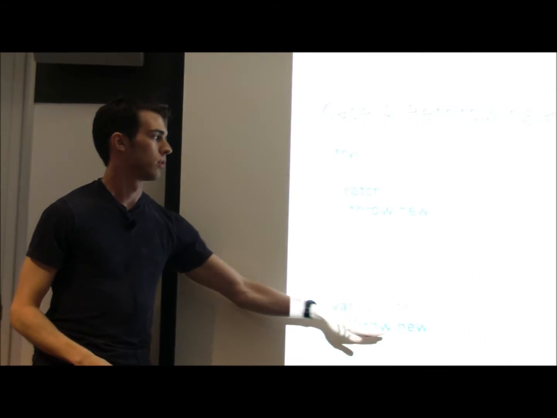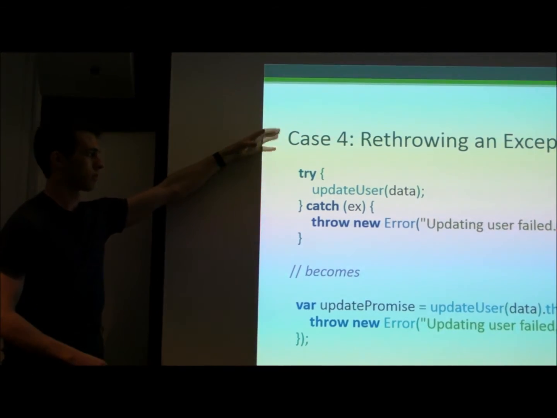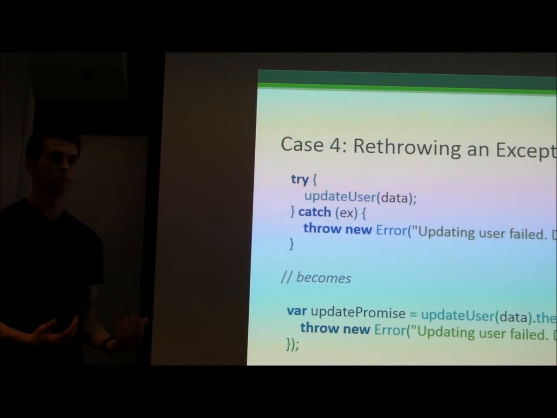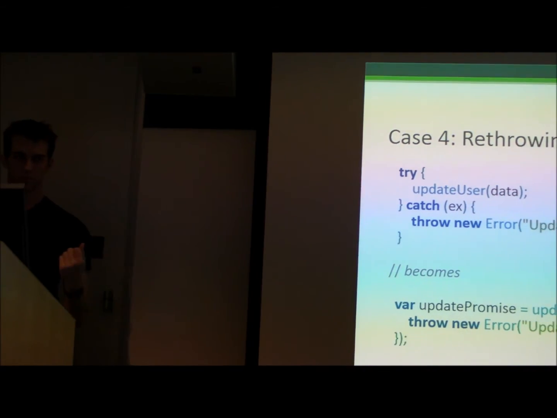The final synchronous parallel case is just rethrowing the exception. You should understand how this works by now, right? In the synchronous case, we catch the error, but we rethrow it with a sanitized error message or something. In the asynchronous case, we say, I'm going to catch the error, I'm going to have a rejected handler, but I'm going to rethrow. And that propagates up so that the update promise represents a rejection with this message. Just like up here, it propagates up so that this whole scope ends up with an exception with update user bin. That one makes sense?